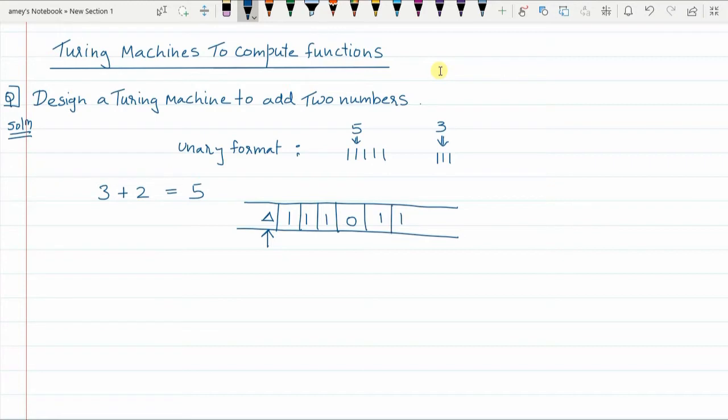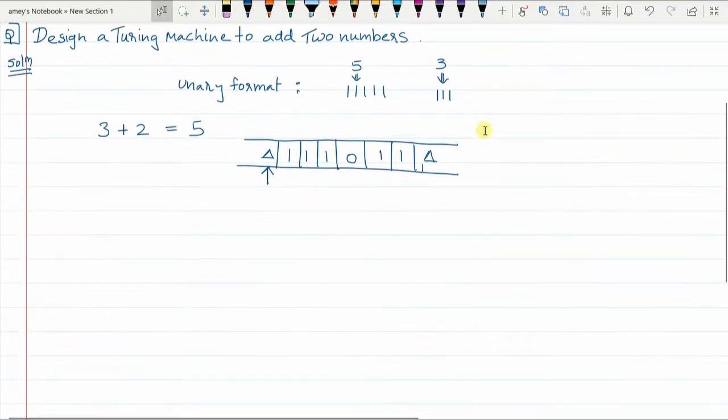And these are the elements which are present on the tape of the Turing machine. So I want to add 3 plus 2. Initially I will first explain with the figure, and then we will draw the Turing machine. Initially the machine is in the Q0 state.